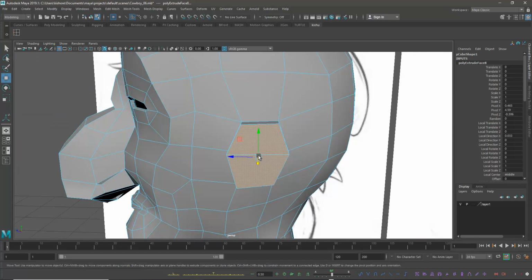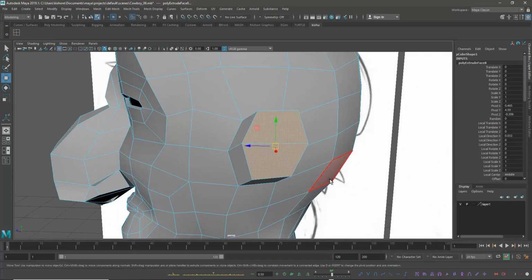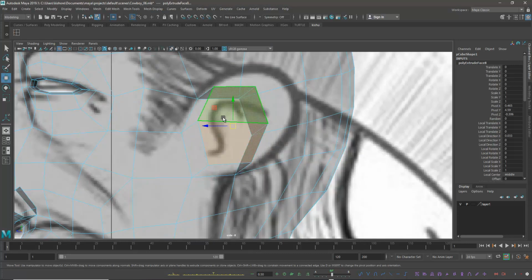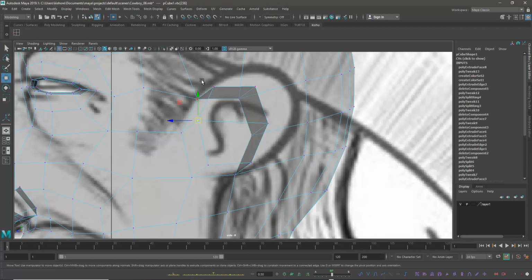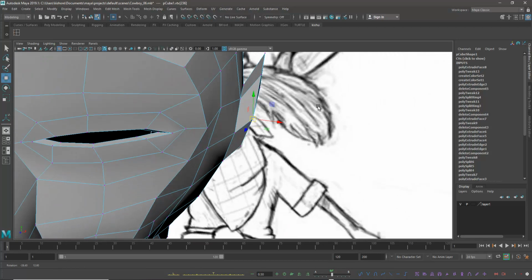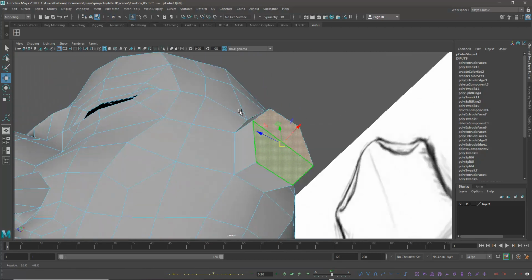so extrude, and once you extrude, you can adjust them as per the photo reference, like this. And the same way you have to adjust